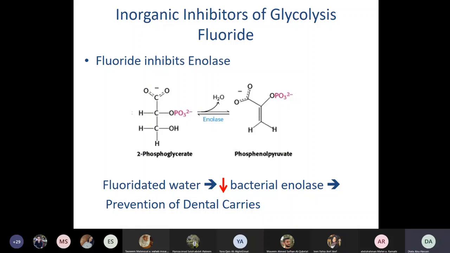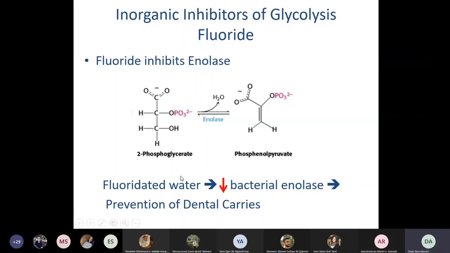Okay, but this happens in bacterial cells or bacterial enolase, not in our enolase. So there would be no inhibition of glycolysis in our cells once you use a toothpaste with fluoride, or you apply fluoride, for example, on your patient's teeth, as a preventive procedure. So also for